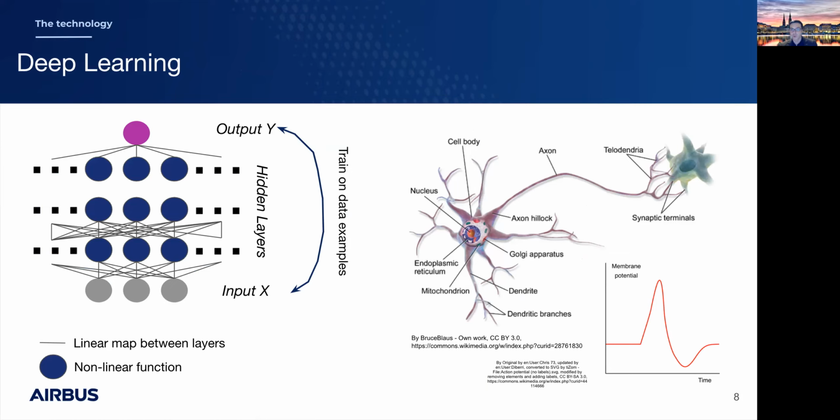Usually what you see when people talk to you is this kind of picture of a human brain. So this is a neuron in the human brain. And of course, the developers of the perceptron's first models drew on this, and this is how you usually see a neural network depicted. And I will tell you why it's shown like this and what this means. So the initial idea came definitely from the investigations of the human brain. So this is a neuron, and the neuron has inputs, which are dendrites, and an output, which is the axon. Electric signals come to dendrites, and if the sum of the electric signals is higher than a certain predefined threshold,